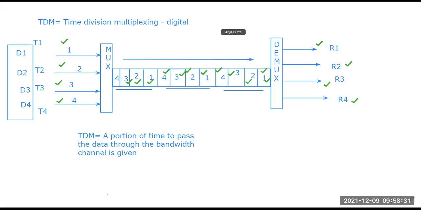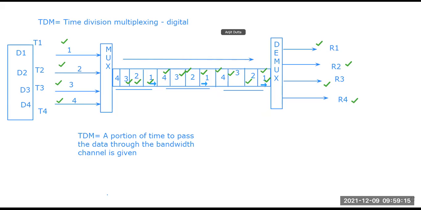Each device will occupy a portion of time on that particular link, given a particular time. The time slot remains the same for each device. If device 1 has 4 seconds, device 2 may have 5 seconds, and device 3 may have 3 seconds. When D1 has 4 seconds, it can send data for 4 seconds here, then again for 4 seconds here, and again for 4 seconds here. Only in the time allocated to it can the device send its data, however much can be processed in that time.